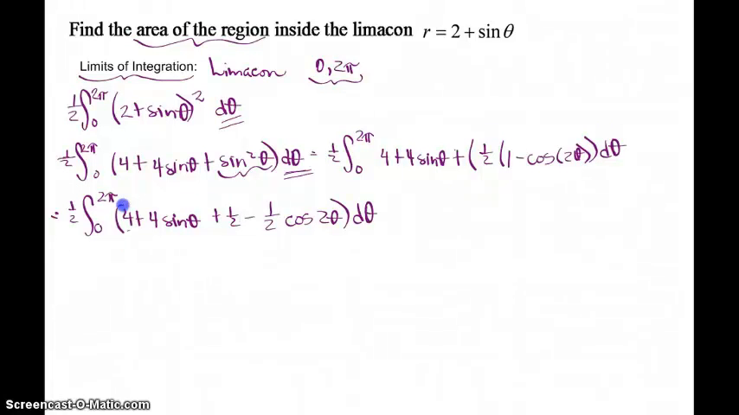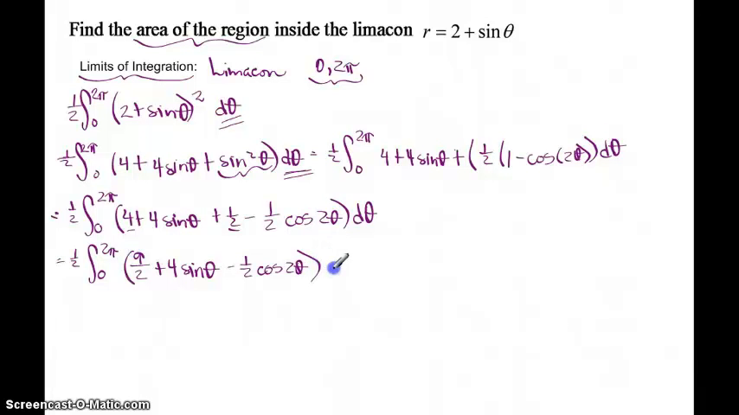D theta. Gathering like terms, I have a 4 and I have a 1/2, so 0 to 2 pi. This is 8 halves, one more is 9 halves plus 4 sine of theta minus 1/2 cosine of 2 theta, all with respect to theta. Now I'm ready to find my antiderivative. I pop my 1/2 out front, antiderivative of 9 halves with respect to theta, copy my plus sign, copy my